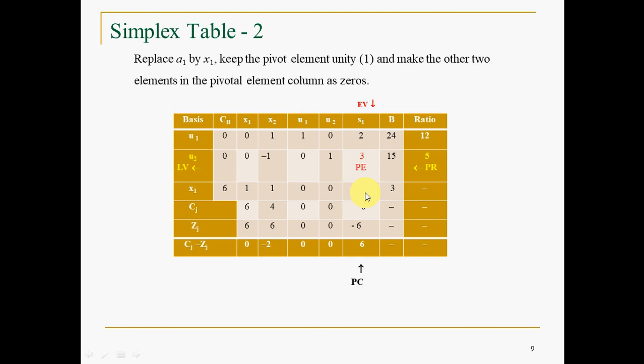Now the procedure is the same. For all the tables the mechanism or working is the same. It is an iterative process. You continue the iterations till you get all Cj minus Zj values less than or equal to 0. The method and process are the same. Only thing you have to remember while moving from one table to another is this point. Replace LV with EV, point number 1. Keep the pivot element 1.